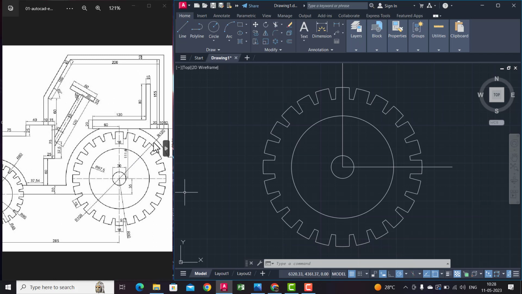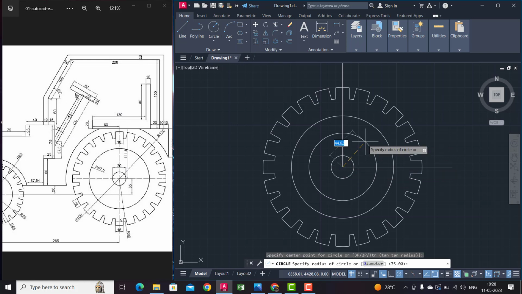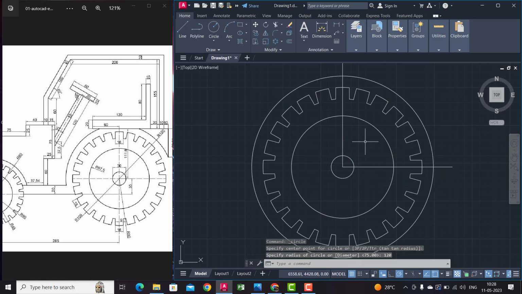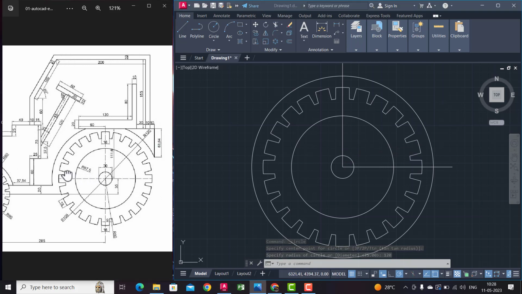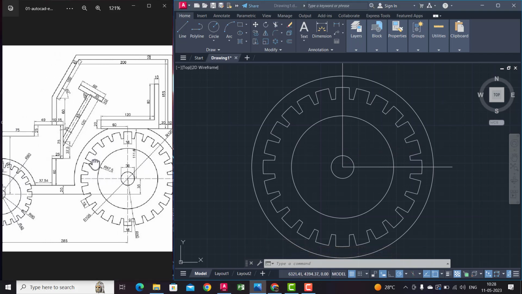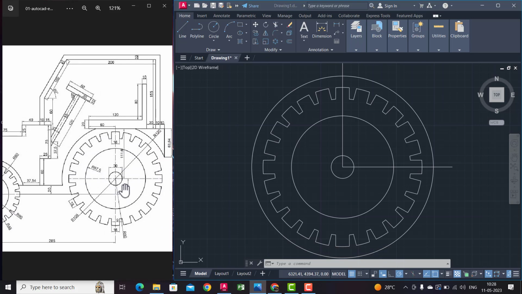As you can see, we have one more arc, which has a radius of 120. Let us use a circle for now, or you can go with an arc as well, but if you create a circle, it will be easy for us. So 120 is given. Then we need to go further, as I mentioned. From here to this line, they have given a distance of